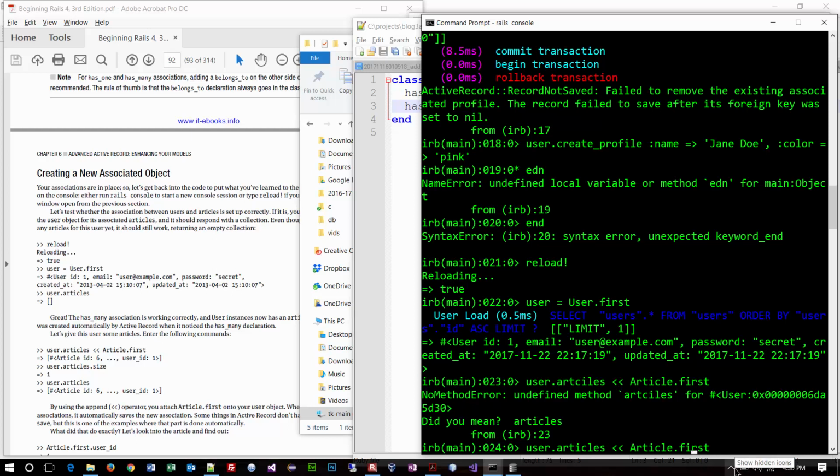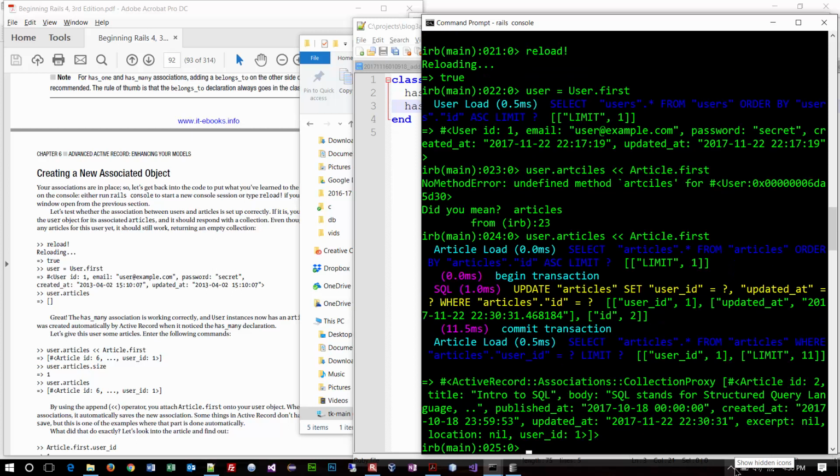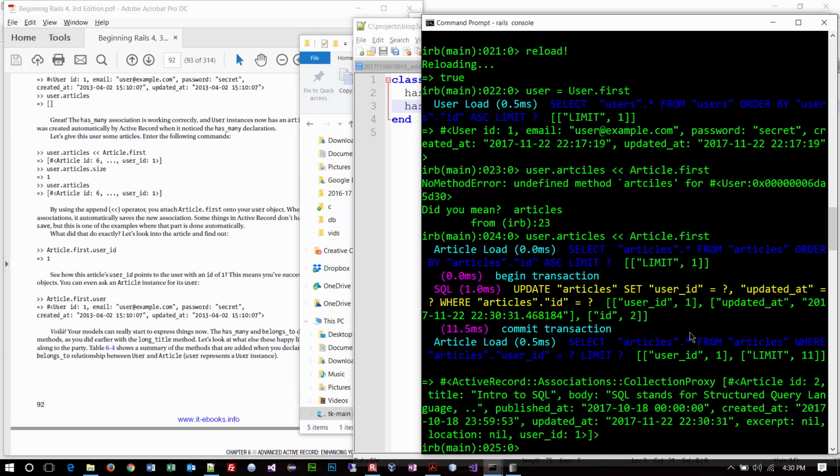So let's try running that command again. Very good. So now what it did is it took the first article that we have and it's attributing it to that first user. So that was this step here. And then they have a couple of subsequent commands where they're just checking stuff. So if you want to type those in, that's fine, just to make sure that it